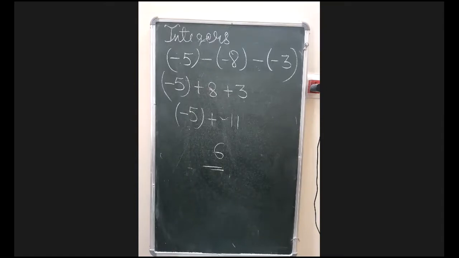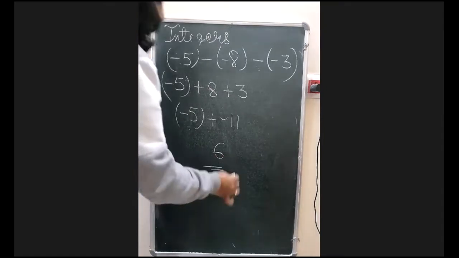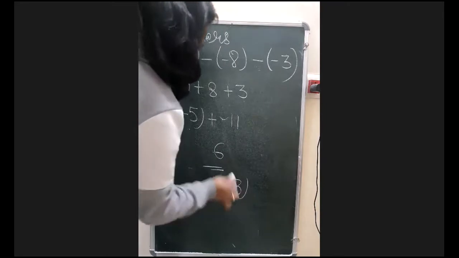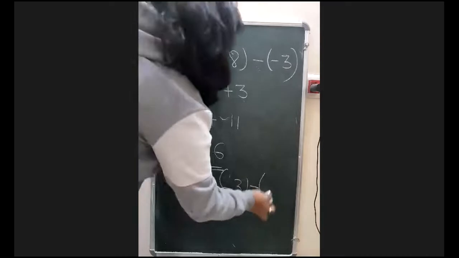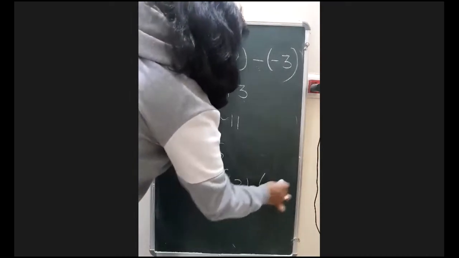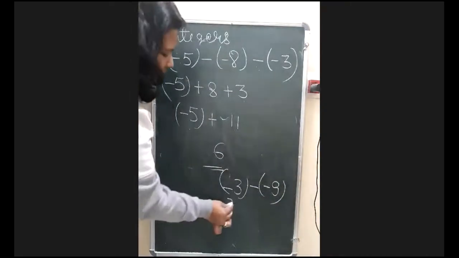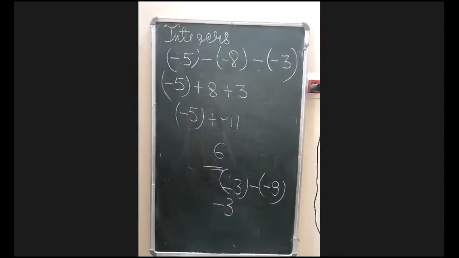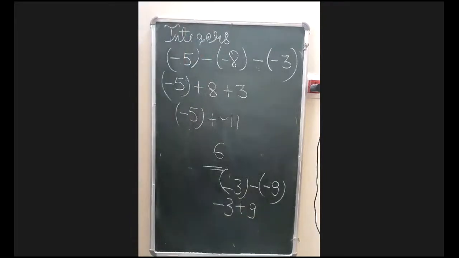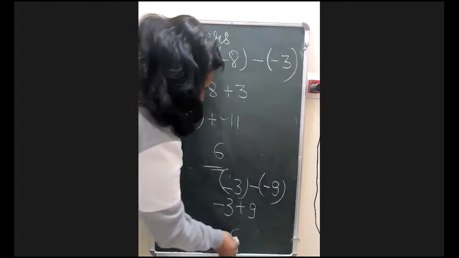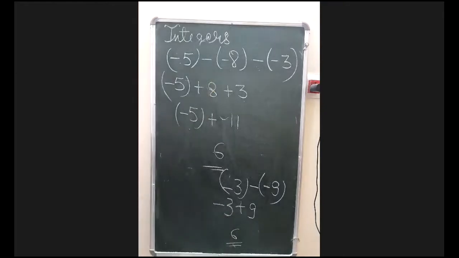Now Pushparanjan is asking a question. Very good question, Pushp. Wait a minute, let me tell you, beta, the answer will be minus 3 minus minus 9. He has written this question. Now look here. Minus 3 will remain like this because there is nothing in front of the bracket to open it. But here minus minus will come together and give you plus, and now you will solve it. From 9, 3 goes, how much is left? 6. So the answer would be 6.